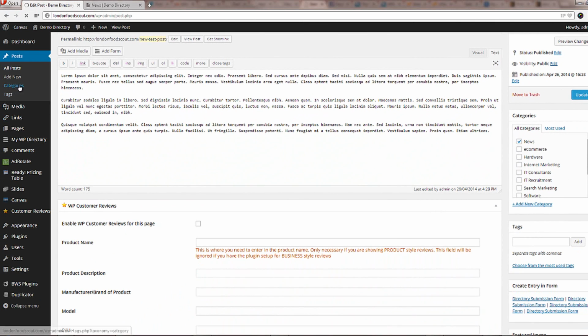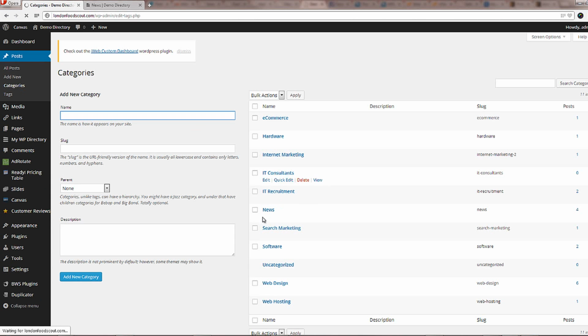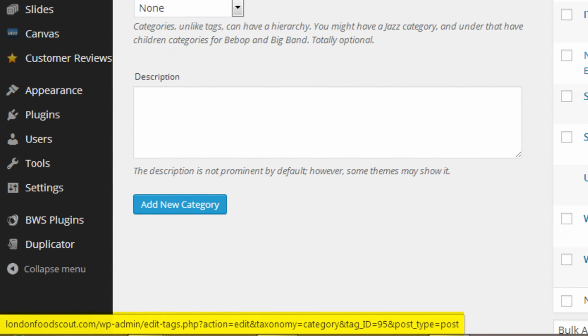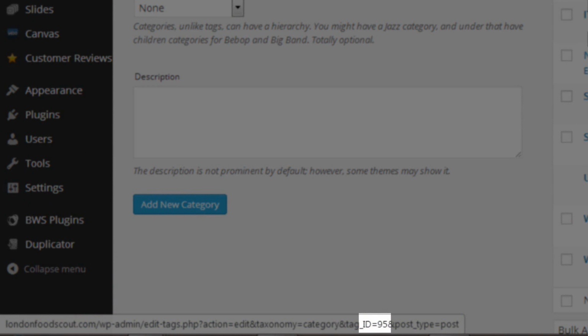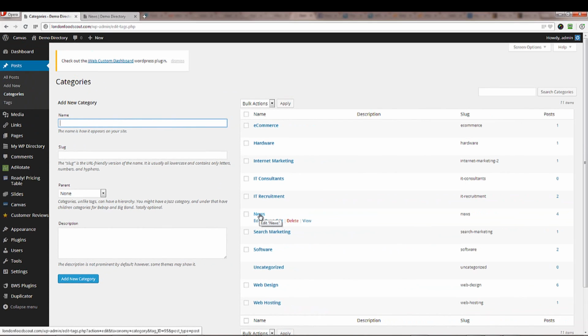Now if for some reason you should accidentally or deliberately delete the news category and you find that you want to have a blog on the site, you'll need to set up a new category and find its category ID. You can do that just by hovering over it, and in the bottom left hand corner of your screen you'll see a URL with the ID equals and then a number. If you make a note of that number, then you'll have to go into Appearance Editor,